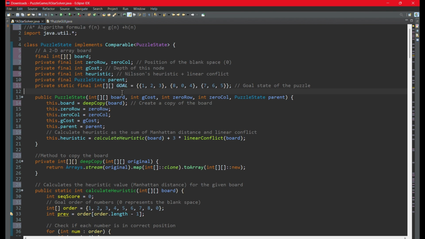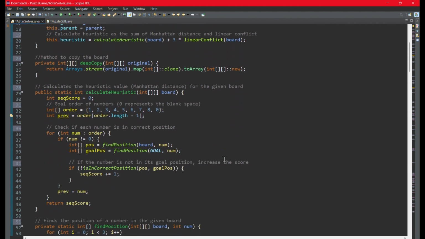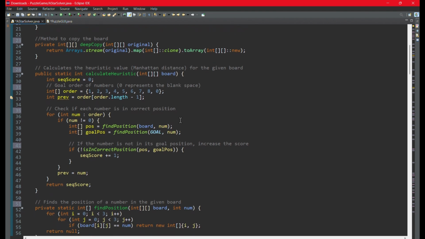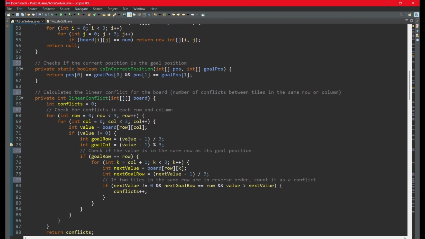We can start with the puzzle state class, which represents a specific state of the puzzle. This class stores the current configuration of the puzzle, the position of the empty space, and the cost values for A star. So as we go down right here, the heuristic function calculates how far the current state is from the goal using Manhattan distance and linear conflict. And then right down here is the linear conflict,